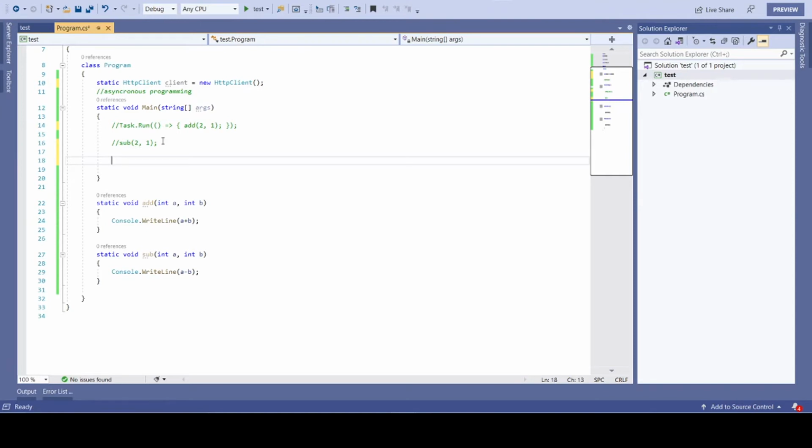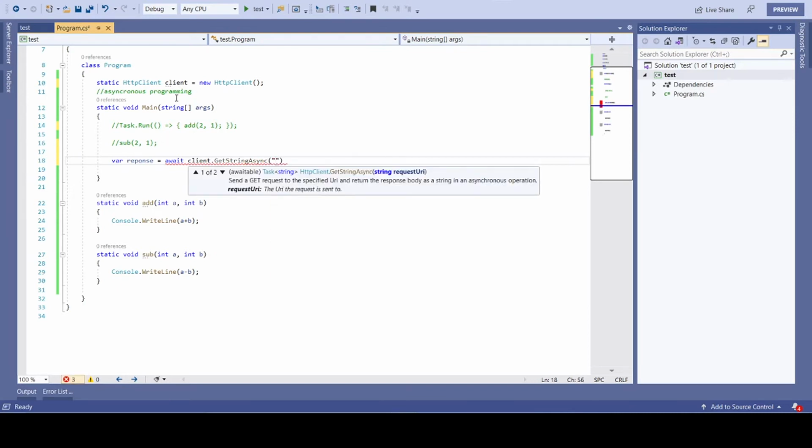To call an API, I will be using async and await. Let me add response equals await client.GetStringAsync, and here I need to pass the URL.